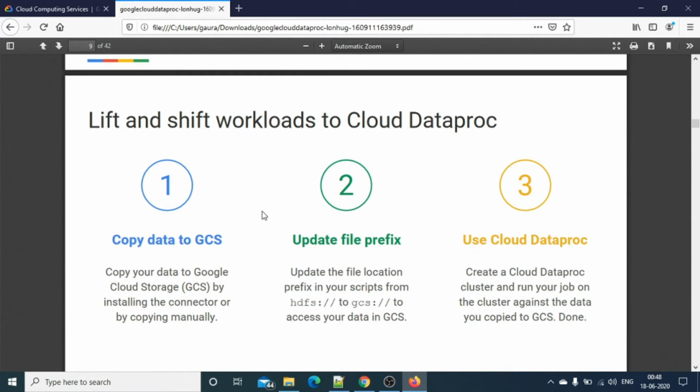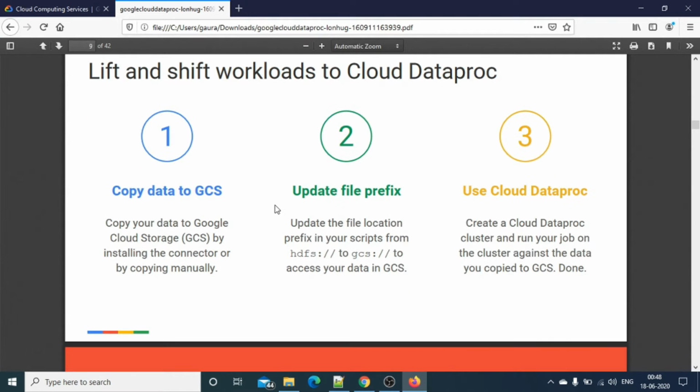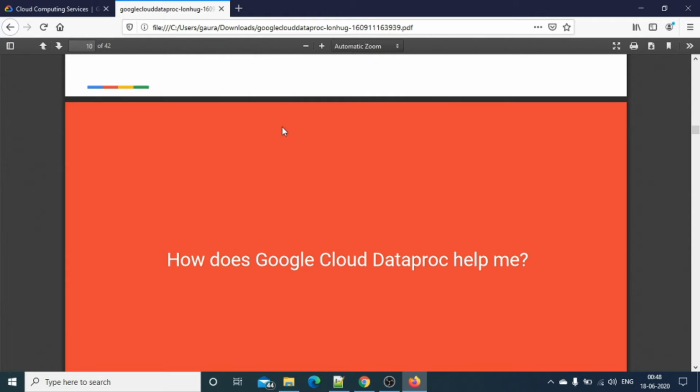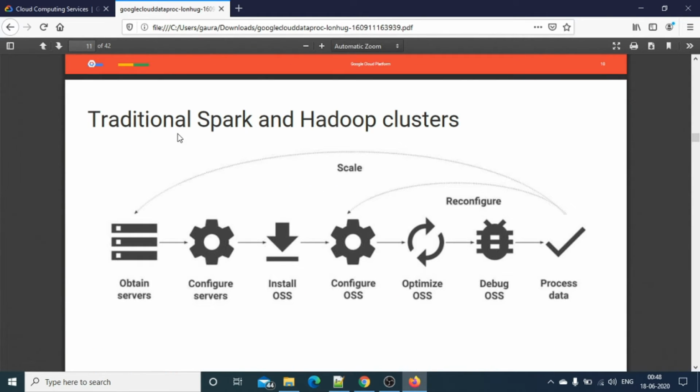Lift and shift workload to cloud. If you have something running on HDFS which is not based here, or which is running somewhere else, you can lift and shift it to cloud and run your jobs. How does Cloud Dataproc help me? So you can see how traditional Spark and Hadoop clusters perform.